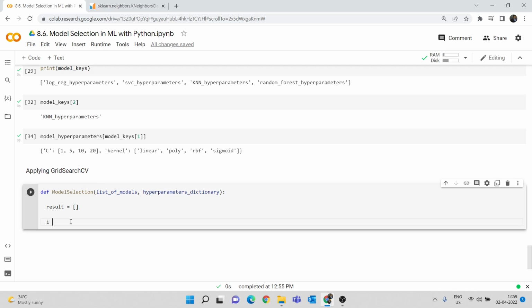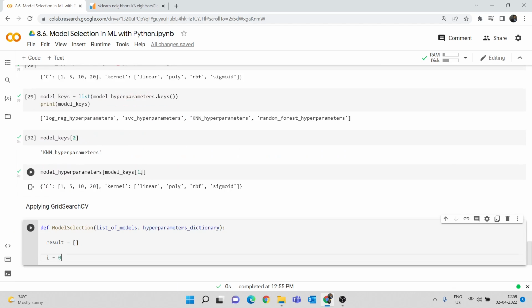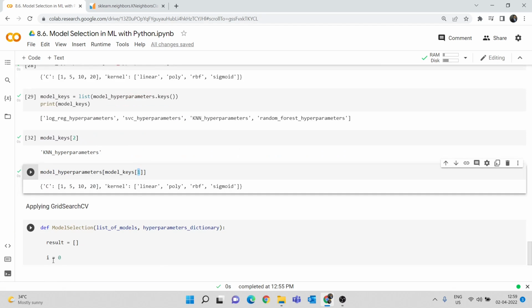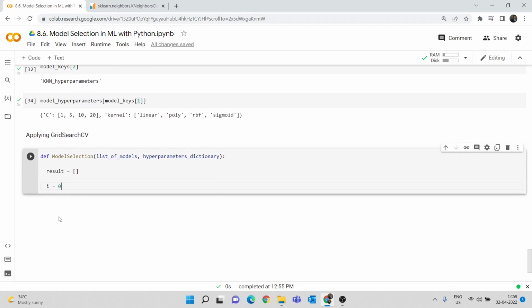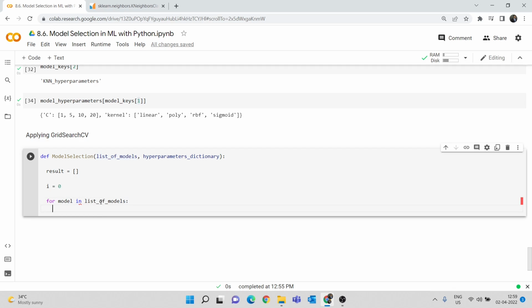Then I'm going to say i is equal to 0. We need this i just for the index. We have seen that we will call the hyperparameter using this index, right? So for that we are creating this i, and I'm initiating it as 0, and this is where I'm going to create my for loop. For model in list of models,